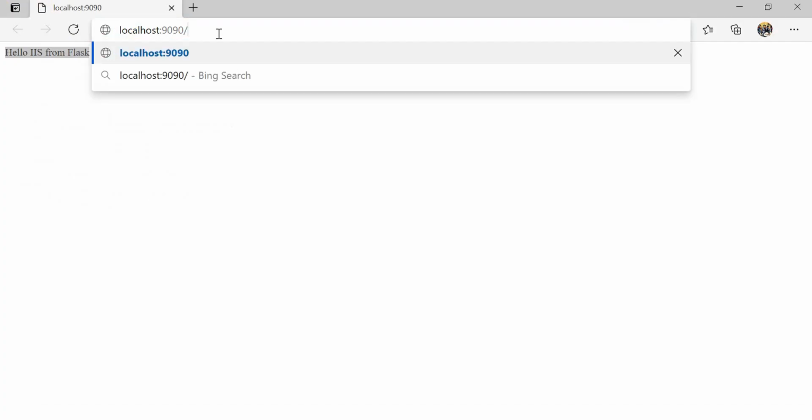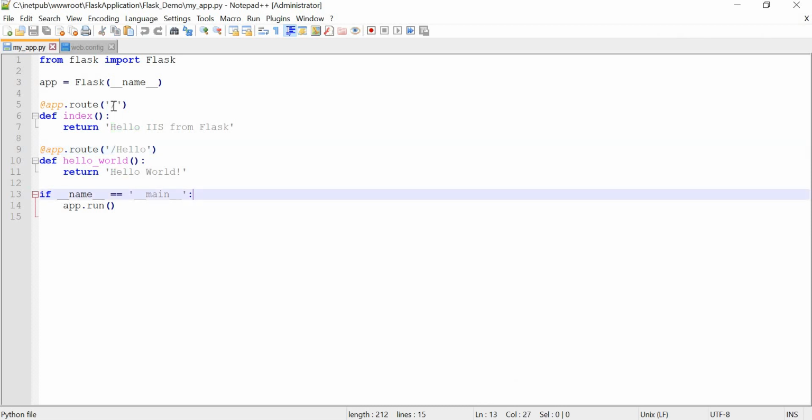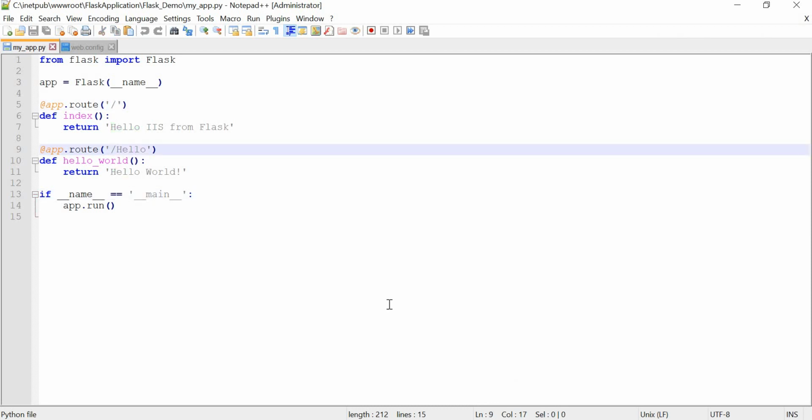We can check whether we'll get the output or not. You can find here Hello World is present, right? So till this point all good, guys. We are getting an output from the IIS, right? This one is a route and this is the second route, right?